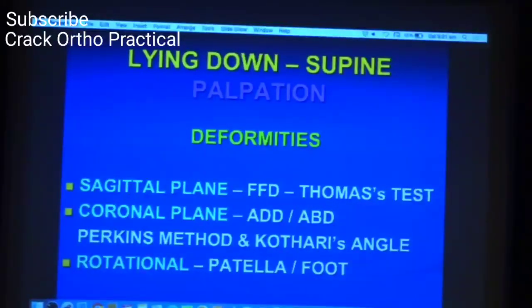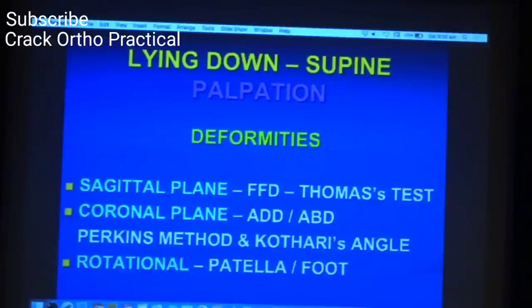Well, once at this stage of palpation, we can now go on to define what the deformities in the hip are. And for your information, we need to define deformities in 3 planes: the sagittal, the coronal, and the rotational planes. In the sagittal plane, you have to tell us whether there is a fixed flexion deformity. In the coronal, there may be an adduction or abduction deformity, and the methodology is either the Perkins method,